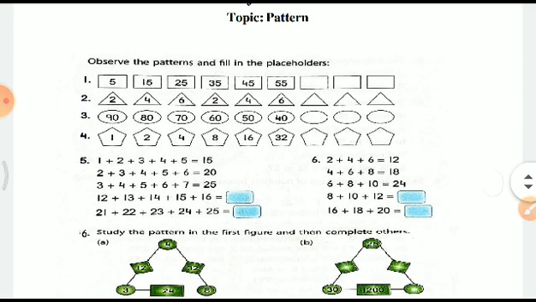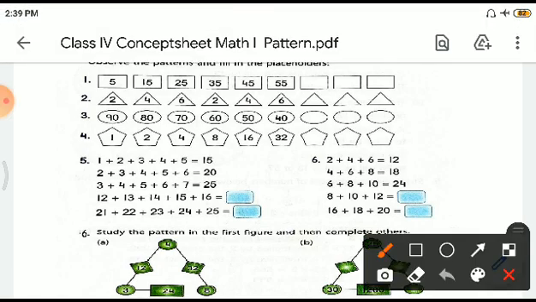See, it's a mathematical pattern. The first box 5, then 15, then 25, then 35. Here it is observable that two consecutive boxes vary by 10. See, 5 and 15, the difference is 10. 15, 25, difference is 10. Right. So continuing with that, after 55 you are going to get what? 65, then 75, and then 85.